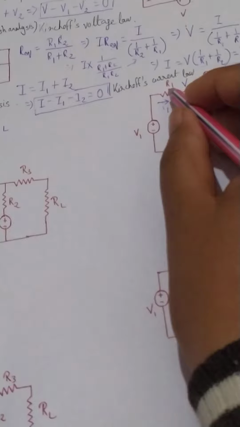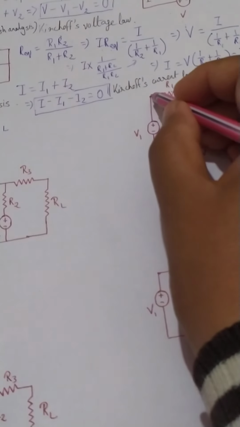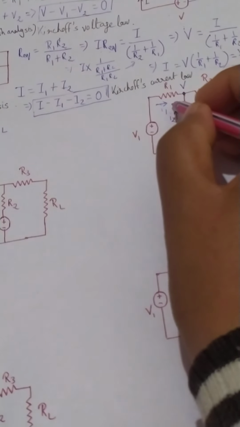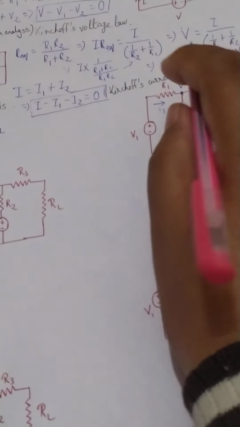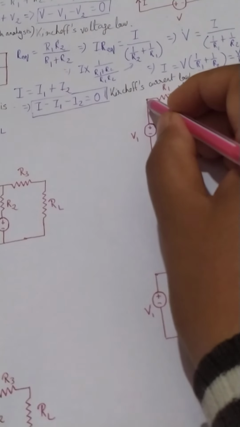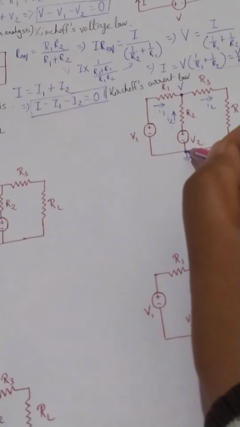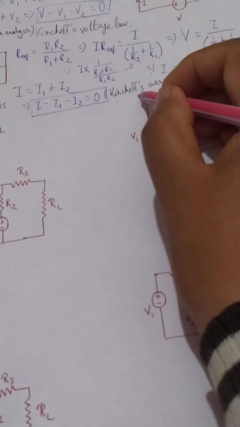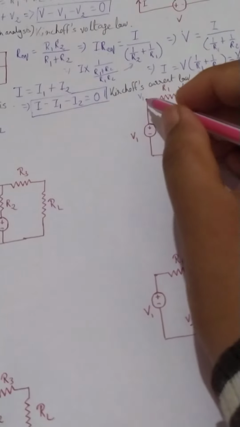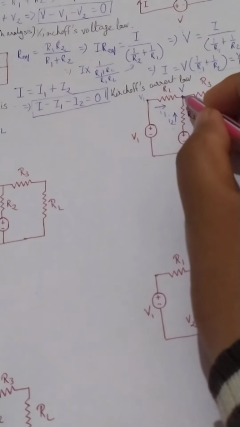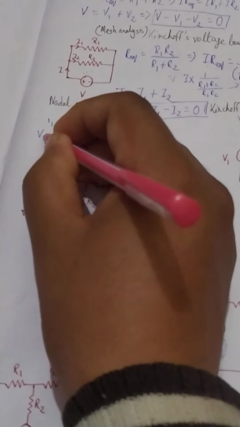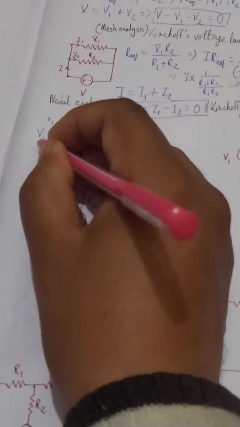I1 is the current passing through R1, which is the potential difference across R1 divided by R1. I am assuming this point to be 0, so this point is also 0, and this point's potential is V1. So this point is V1 and this point is V. So I can write it as V1 minus V by R1